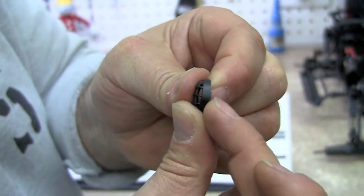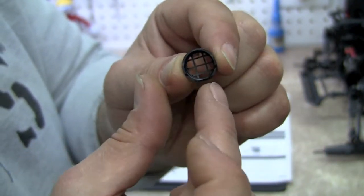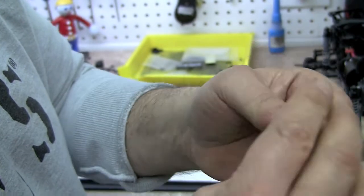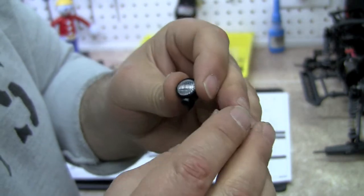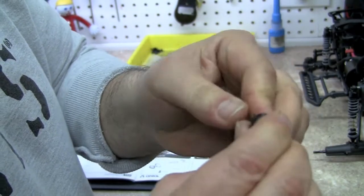There's little bumps in the side here, and there's 2 of those, one on each side, and then there's also a concave area around the bottom. That little concave area is going to go around the base of the light here so that it snaps on. So just make sure that that lines up with the base of the light. It snaps right on,